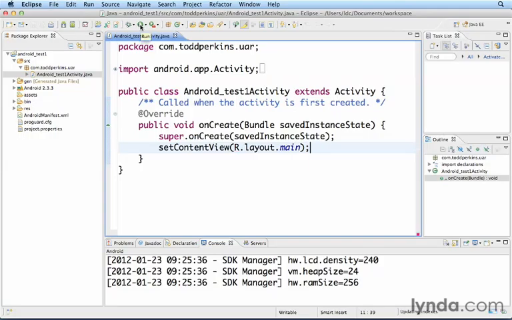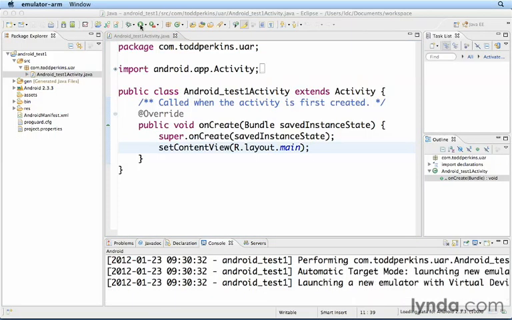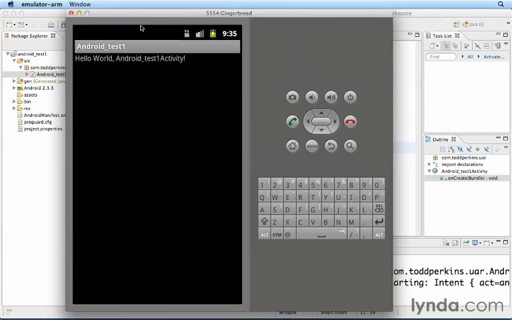Then you may see a window that asks you to choose which type of application you want to run. Make sure to choose Android application. And then the simulator should launch. And it might take a minute for you to see your app in the simulator. And so once you've waited for the simulator to start up all the way, and again, it may take several minutes for this to happen,